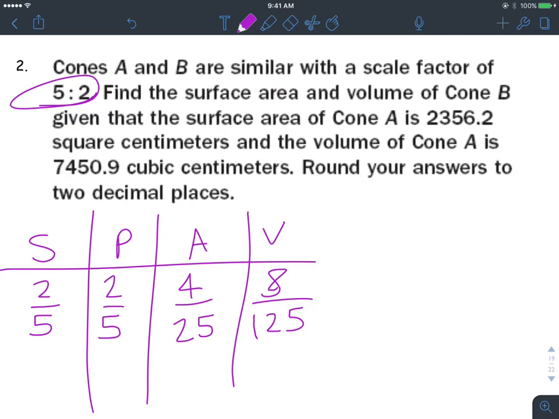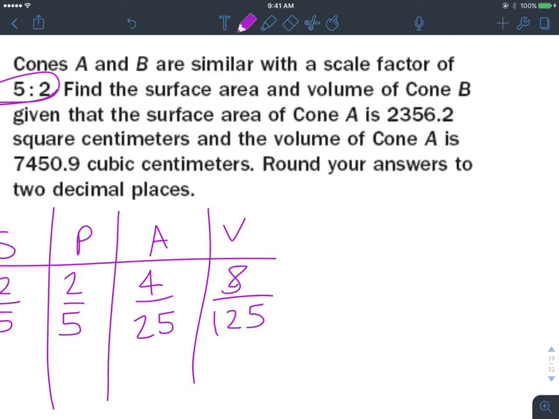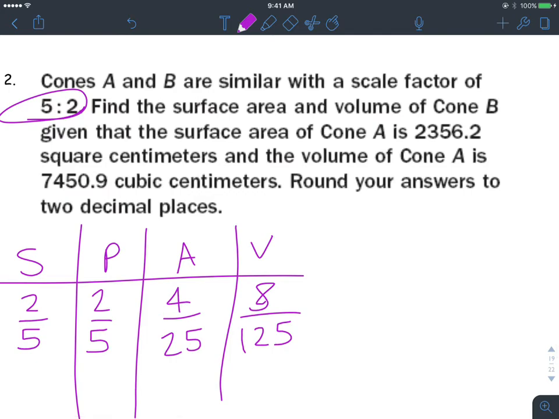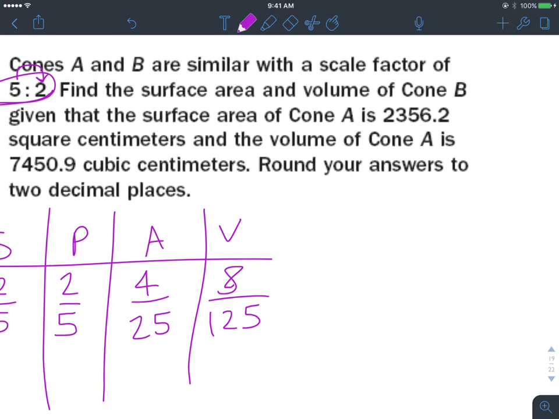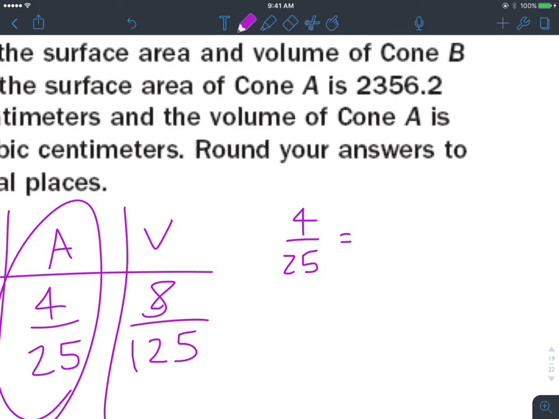Okay. Find the surface area and volume of cone B, given that the surface area of cone A is 2,356.2. Alright, and it looks like we are getting smaller here because you're going from 5 to 2, so we're going to assume that cone A is the larger one. So we'll use the area ratio at first. So we'll say 4/25 equals, and then, oh yeah, we were given the smaller one, or I'm sorry, we were given the larger one, my bad,